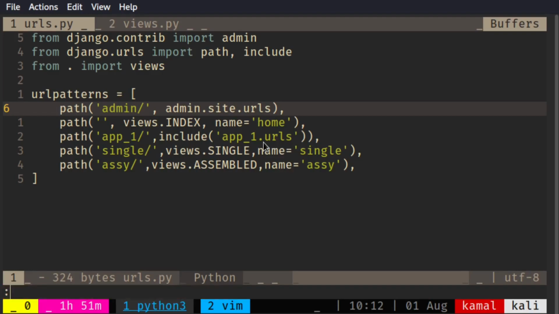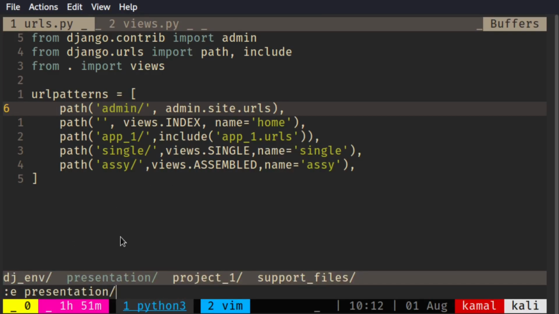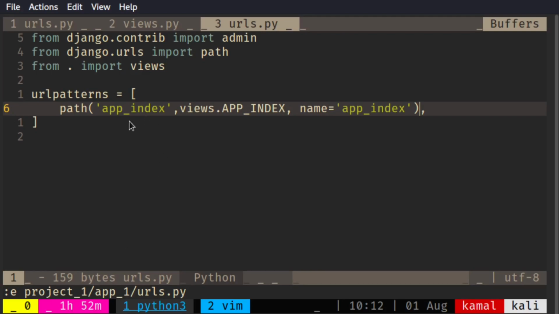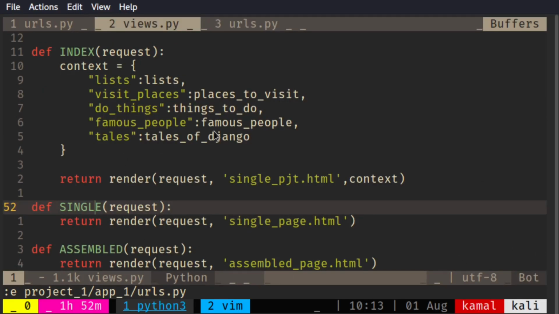You can take a look at the path that I'm using here. If I go into the project, and into app_1, there is a urls.py there also. There I have created a path called app index, and this app index is what you will see when I trigger this particular